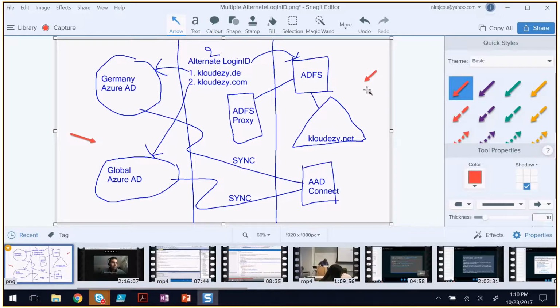Earlier, if you really wanted to achieve this, you would have your own private DNS server running on a VM, a Windows server, configured to point to this IP. But with this, you will not require your own DNS server, and if you really wish to, you can use that private DNS for that.